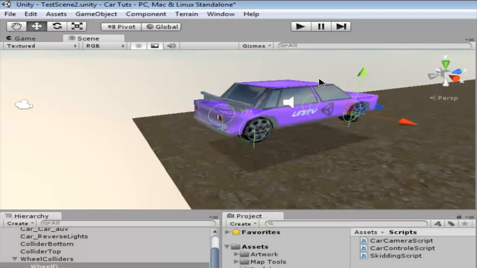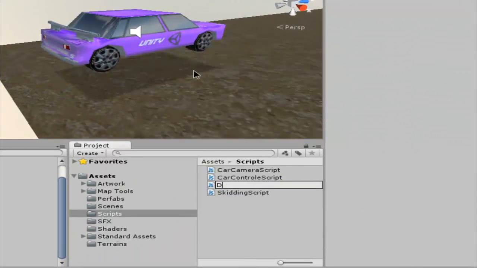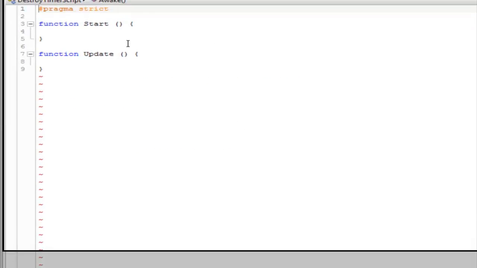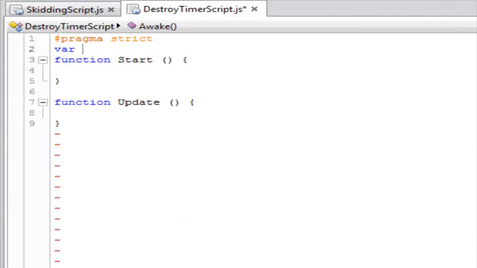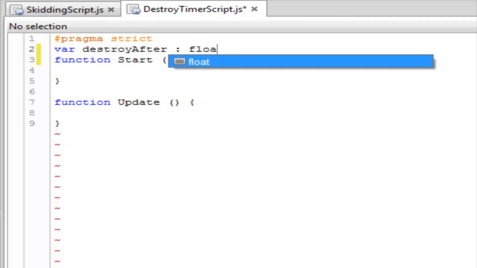So what we're going to do is create just a small script, which is going to be called destroy timer script, and we're going to open it inside of MonoDevelop. Okay, so it's going to be a variable, and it's going to be destroy after, a public float, and I want to set it to 2